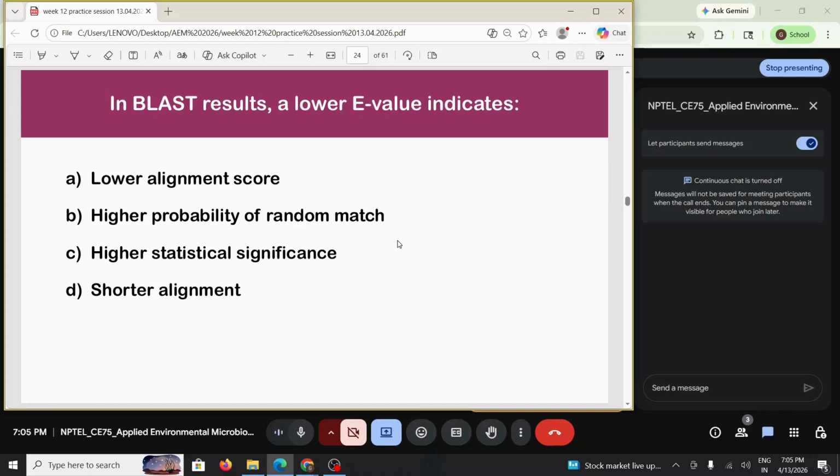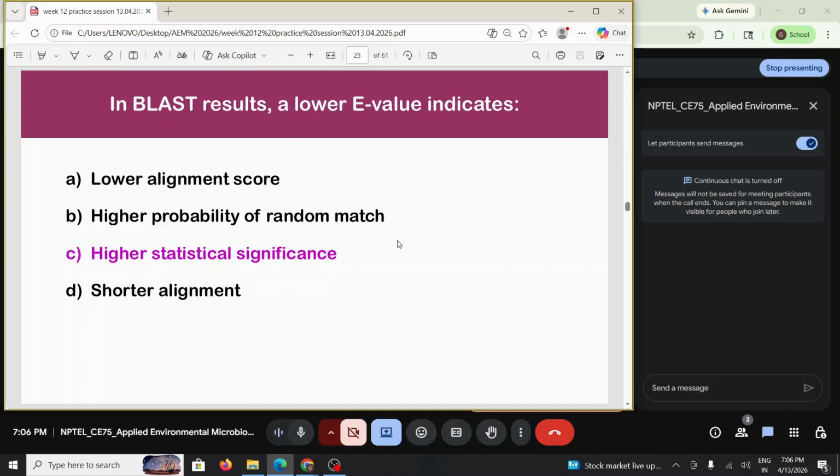Any guess? So e value means expect value. Okay. So the significance of e value in BLAST is that if your e value is low, it means that